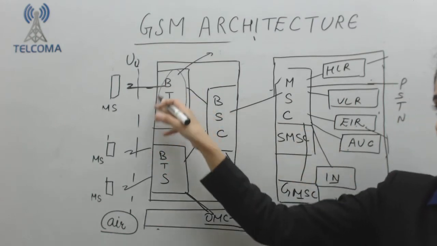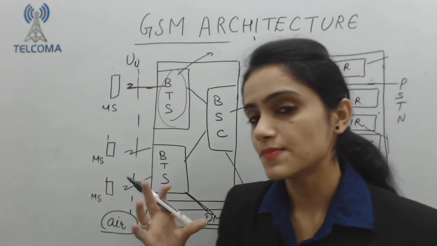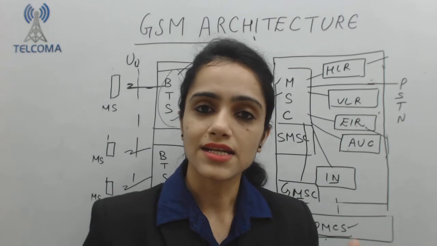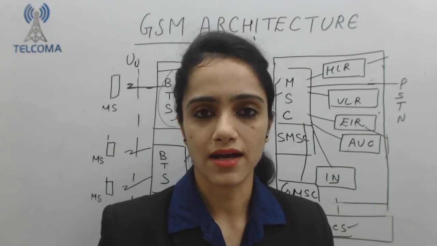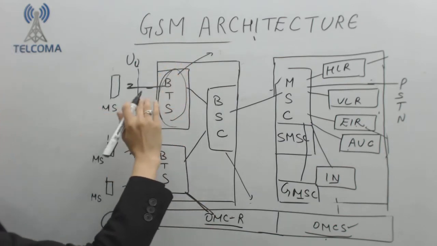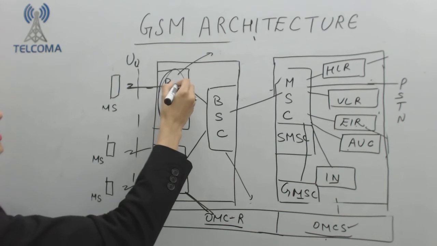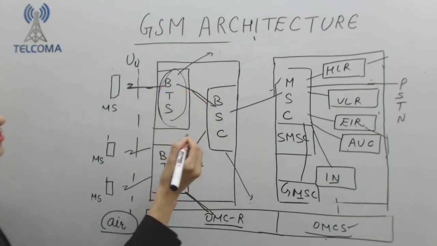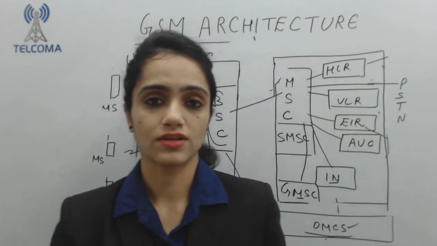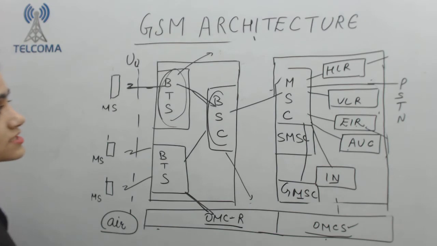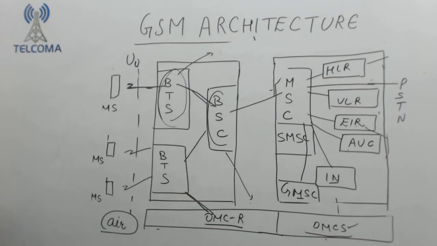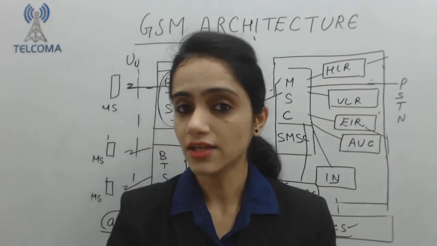So here comes the base transceiver station. Its name is base transceiver station, that means a unit that can transmit as well as receive will be my transceiver. Now it is managing or controlling all the calls from the mobile station to the BTS, and the BTS is forwarding these calls or messages to the BSC. Here BSC is base station controller. That means BSC is the controller who is managing all the BTS in a particular area. So we have a separate controller to control all the BTS in the unit.